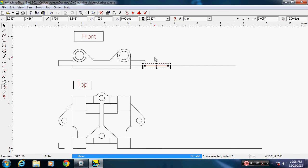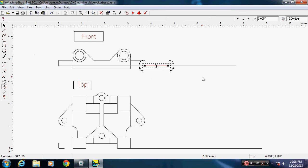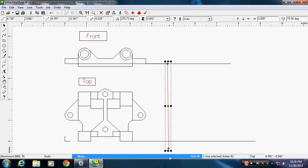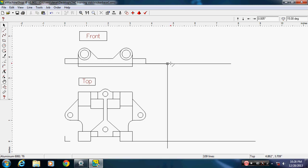Alright. Actually, I needed this one down here. Oh, I'll put it there. Hang on. I'm going to draw a line from here down. Make it 270. Draw just a small, I don't even need a line there. I got a snap point. Okay. So,